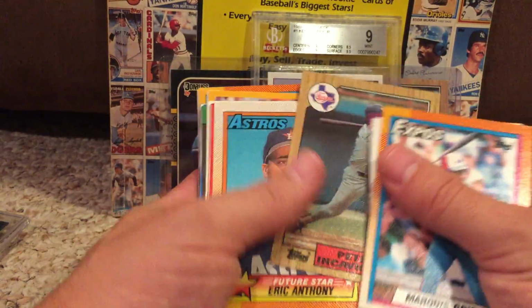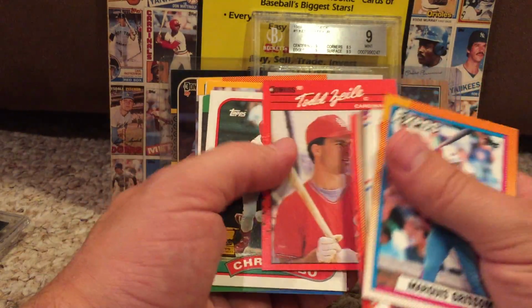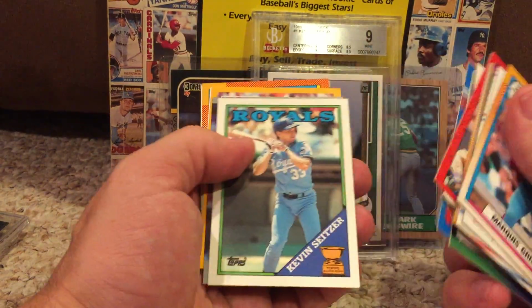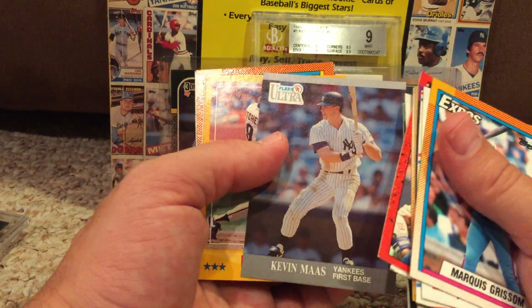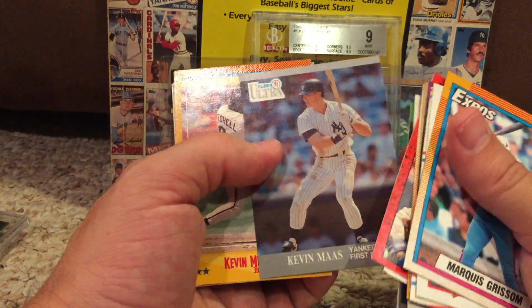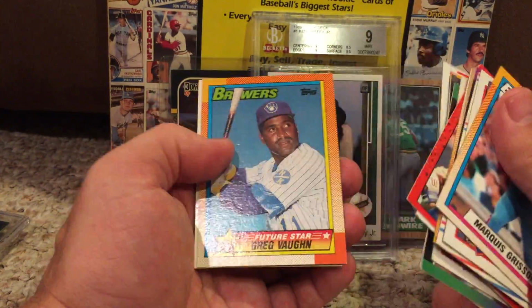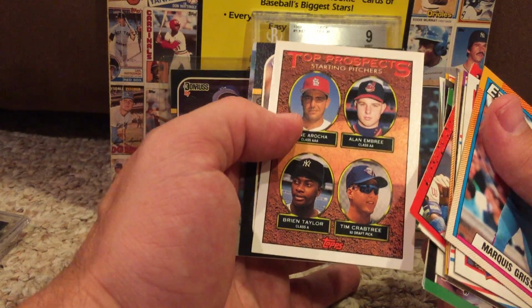Chris Sabo, Pete Incaviglia, Mike Greenwell, Todd Zeal, Chris Sabo, Greenwell, Kevin Seitzer, Kevin Moss. I thought, as a Yankee fan, this card was going to be huge. He had one year where he just went nuts. Kevin Mitchell, Seitzer, there's Kevin Moss again, Greg Vaughn, and then what about this guy, Brian Taylor, who was supposed